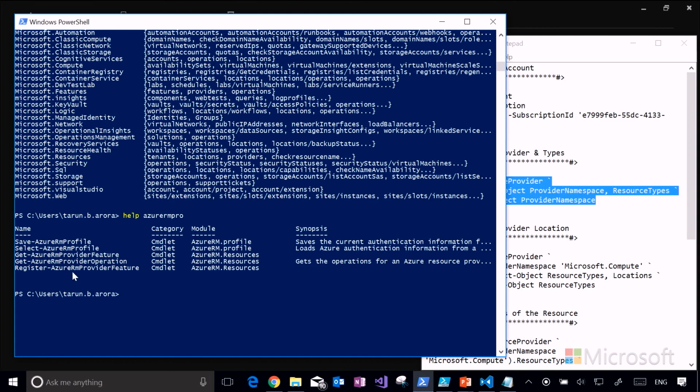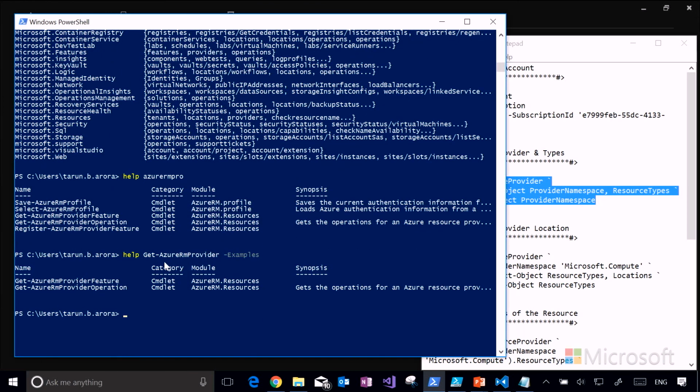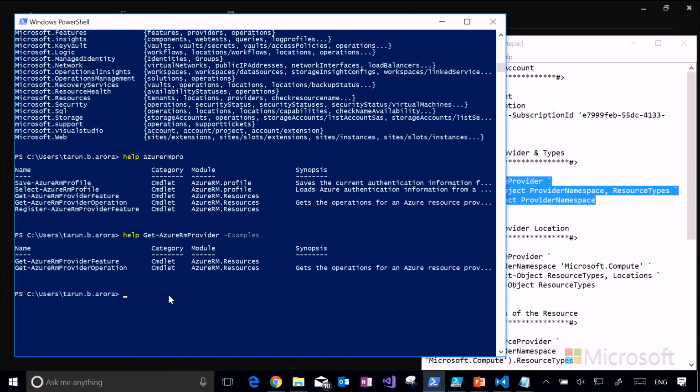Maybe the one that you're looking for is the Azure RM provider. And then on top of that, if I wanted to see an example of that, I can type help and then just say examples. And then it helps me, well, I just need to select the right one, but it shows me the examples as well